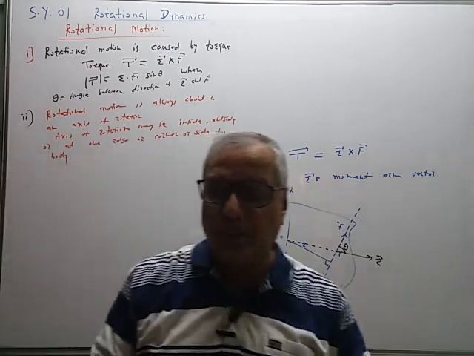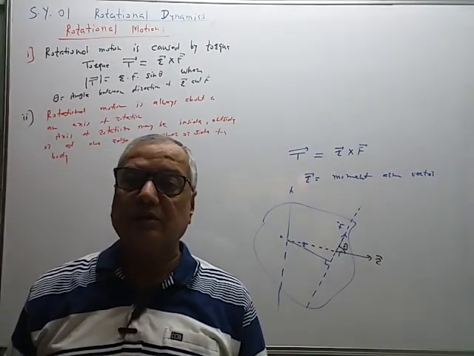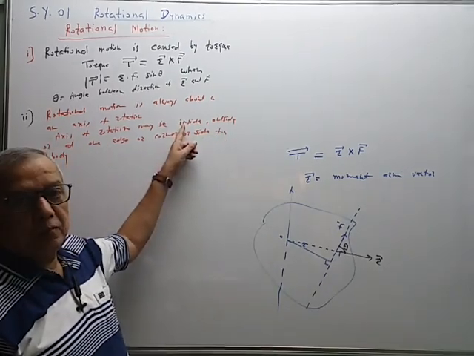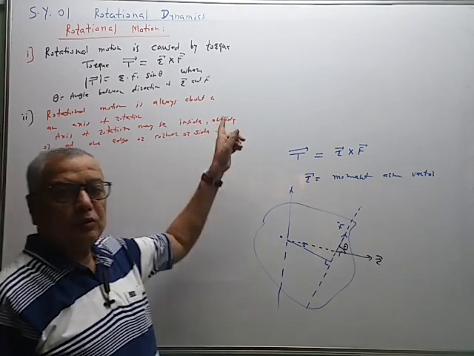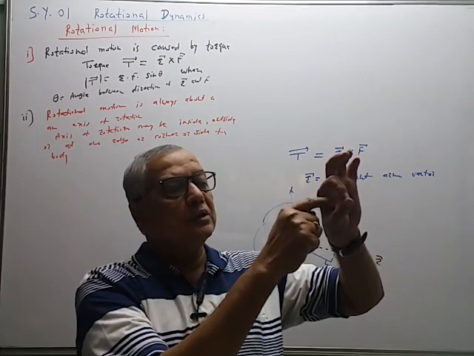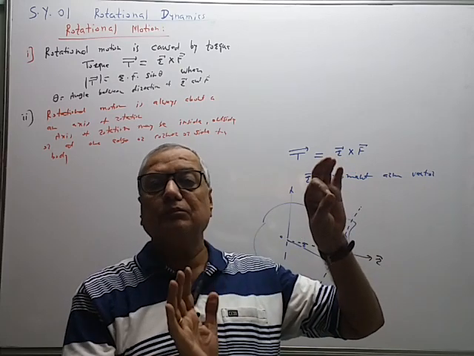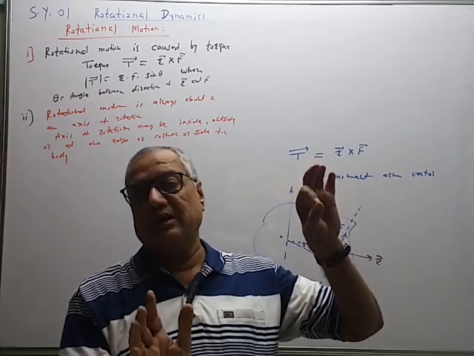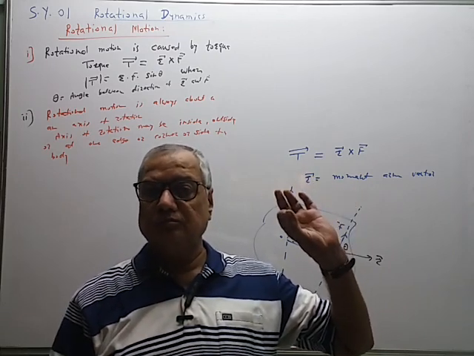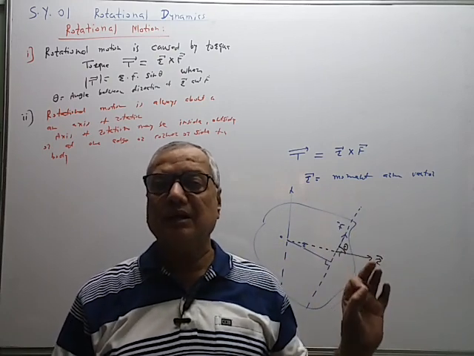So we can have so many examples. For example, the Earth rotates about its own axis passing through the north and south poles. So that axis is passing inside the body through its center. The axis of rotation may be outside the body. The best example is a ring. A ring rotates about an axis, but at that point through which the axis is passing, there is no particle of the ring. There is no particle of a hollow cylinder either. Ring and hollow cylinder are both the same case. We can consider a hollow sphere also. So the axis of rotation may be outside the body, where there is not a single particle of the body.